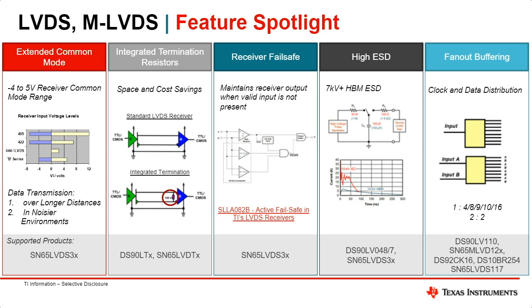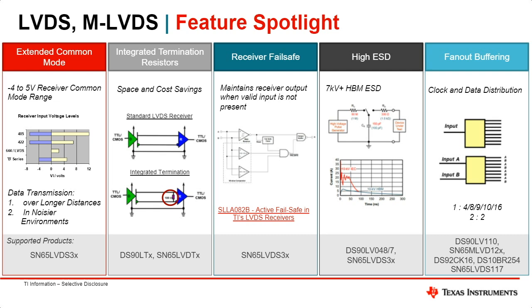I'll note the active failsafe feature, which is a part of our SN65LVDS3 families. This part implements a window comparator that monitors the threshold of the input of the LVDS receiver. And if it drops beneath a threshold voltage, and that stands for a period of time, it will then toggle the output to a known logic low. And this is the best implementation for failsafe because it doesn't alter the electrical characteristics or the common mode voltage, like other failsafe networks.